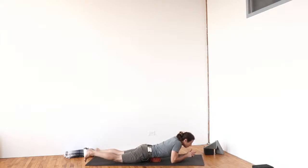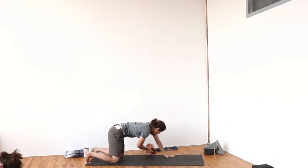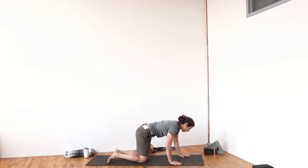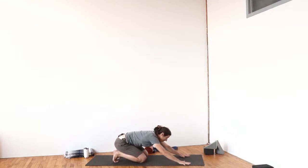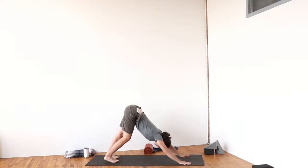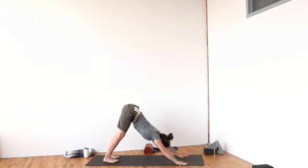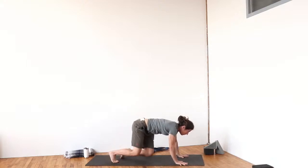All right, inhaling. Let's bring our hands under our chest. Exhale, press to the knees. And on your next exhale, we'll press to downward dog. And again, I'm treating these downward dogs today like these traction moments where I can explore the feeling of there being more space, more give, more softness through